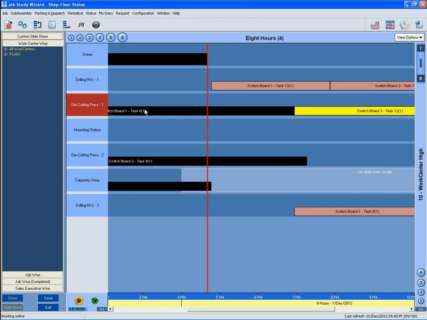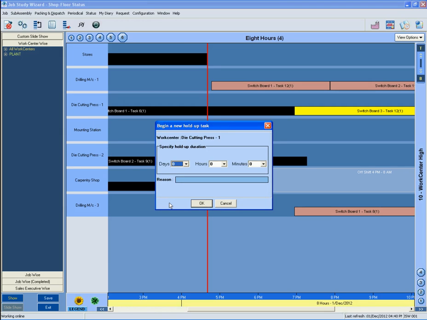A point may be noted that permission for changing order of execution is a choice one can exercise while defining the factory DB or even separately for any job or individual task. In evaluation version, it is allowed, so you can change the order of execution. Next option we get is begin a new hold-up task. If you had viewed the Work Center console video, you would have seen how an operator can introduce a breakdown on any work center. Something similar can be done from the JSW as well by introducing a hold-up task. It is equivalent to a fake breakdown on work center.